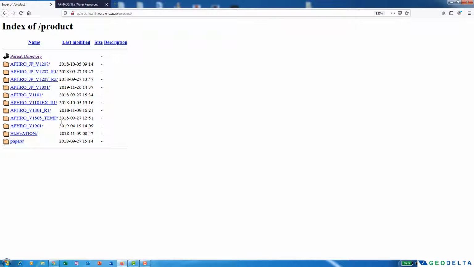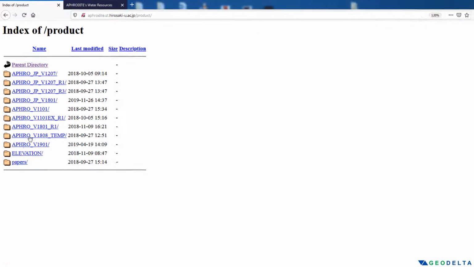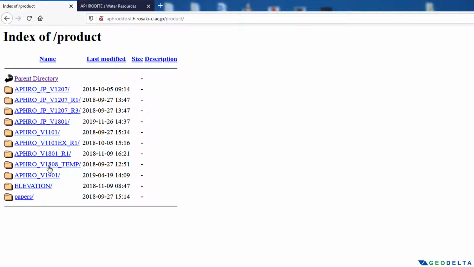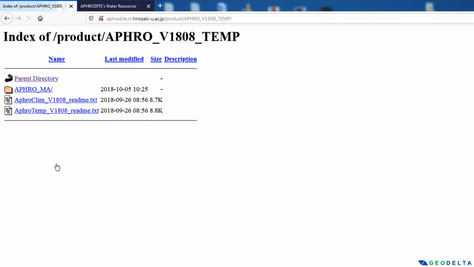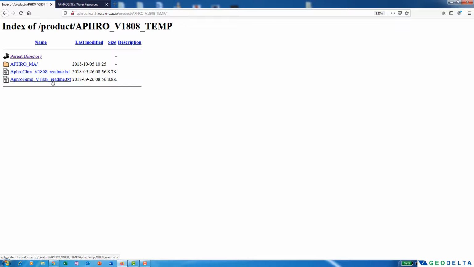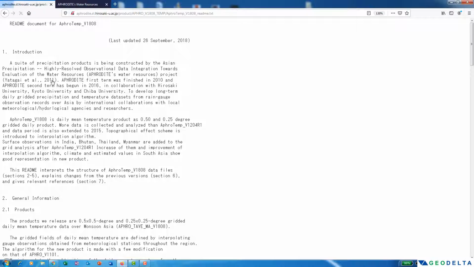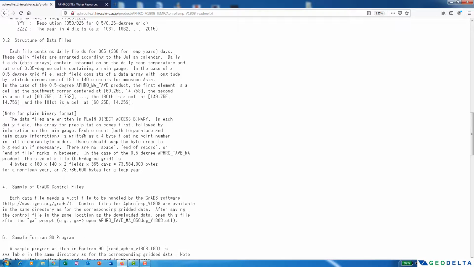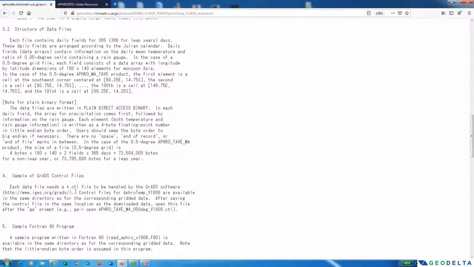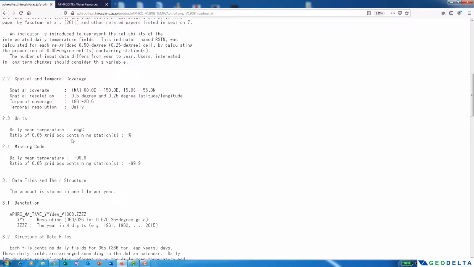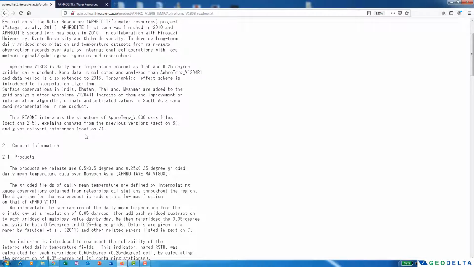And if I go over here, you can see APHRO_V1808_temp. This is actually the folder where they have stored their daily temperature data. Now if I click on this one, you can see that there's another subfolder inside. If you would like to read about how they have retrieved this data and what sort of corrections they have done, you can read detailed information on the types of available data over